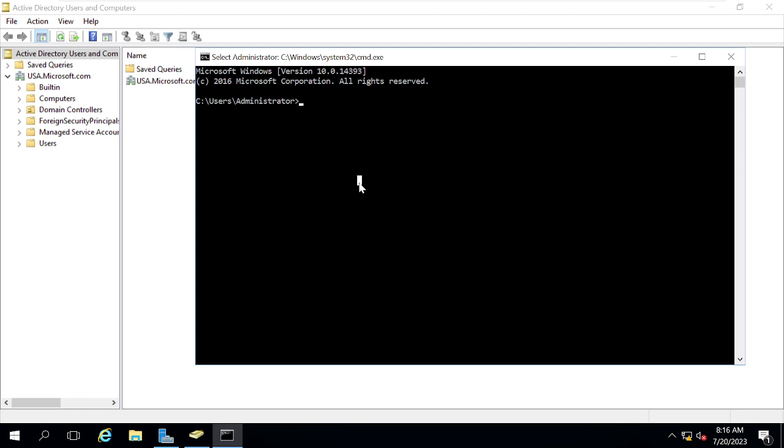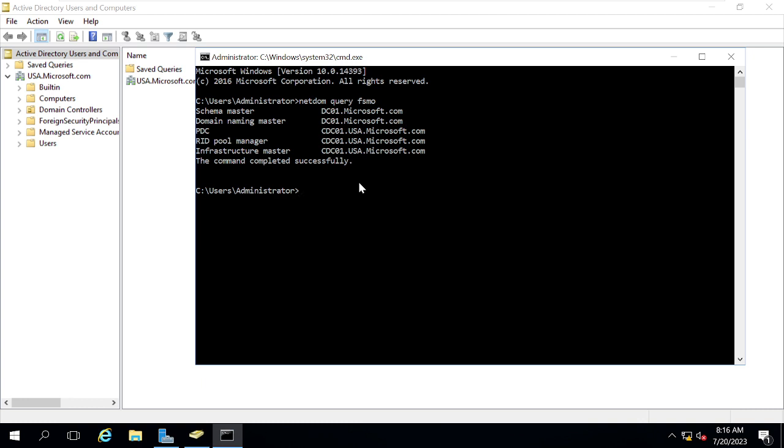Let me check. Netdom query fsmo. If you type this command and hit enter, it will show you all the available FSMO roles and in which server they are in. See, schema master, it is in dc01.microsoft.com. Domain naming master, it is in dc01.microsoft.com. This is microsoft.com. And if you see the below three, which are the domain wide role, PDC emulator, RID pool manager, infrastructure master, and they are from the